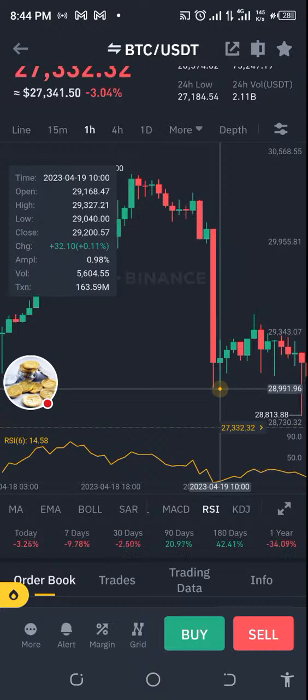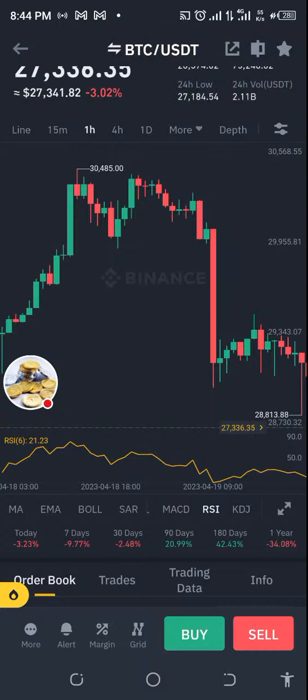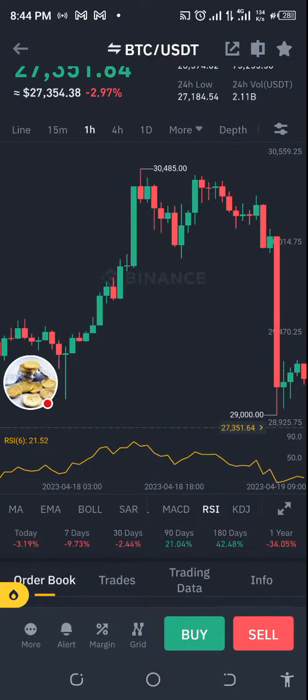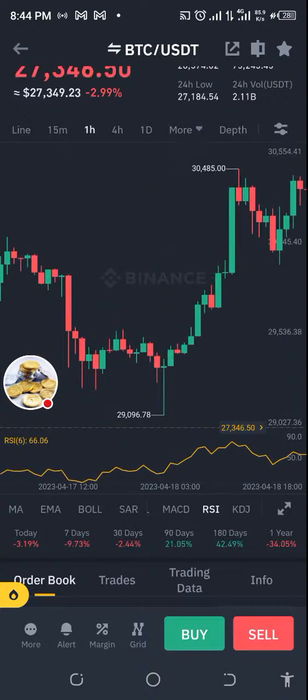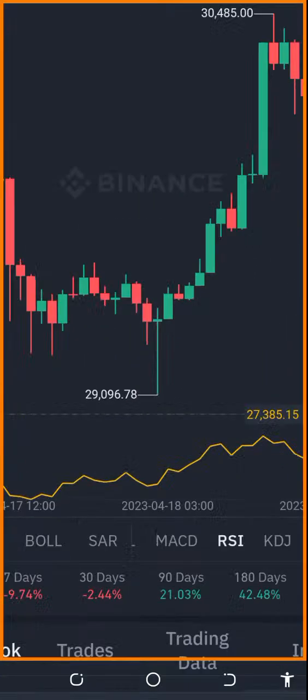Now, that's what you should be looking out for when you are using the relative strength index. And that's what I just want you to take note of, right? Because taking note of this helps you to know at what point the price is going to get to the overbought level or the oversold level. Those are the things you should be looking out for, right? Look out for those 2 points, because when it gets to the oversold level, which is this point here, as you can see,